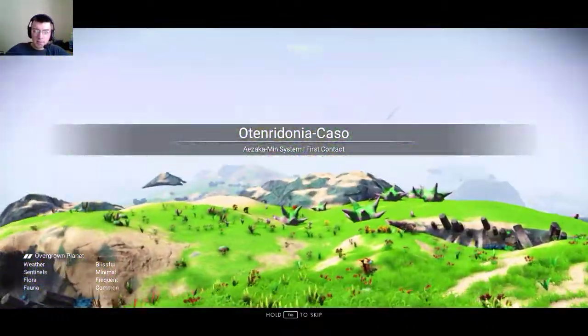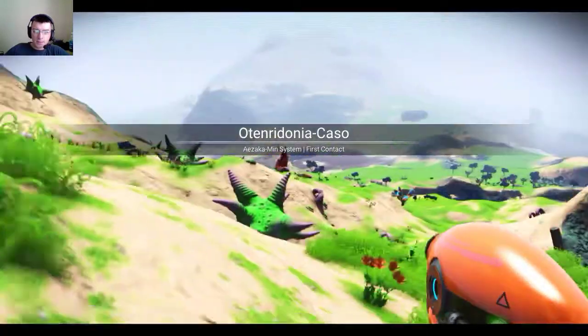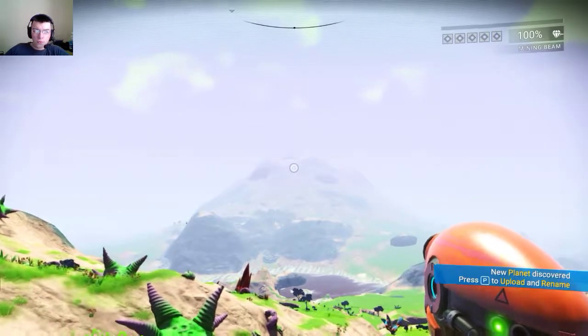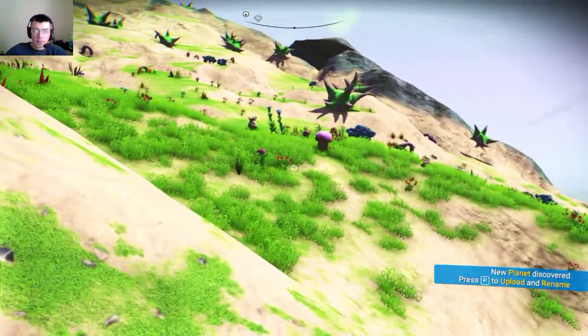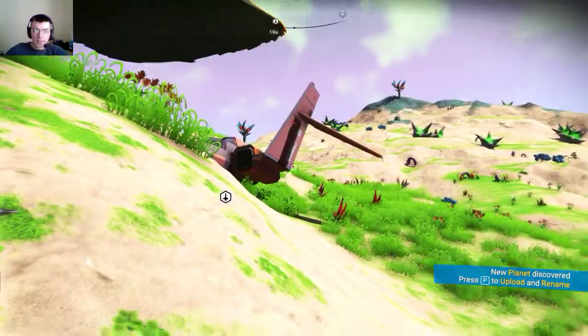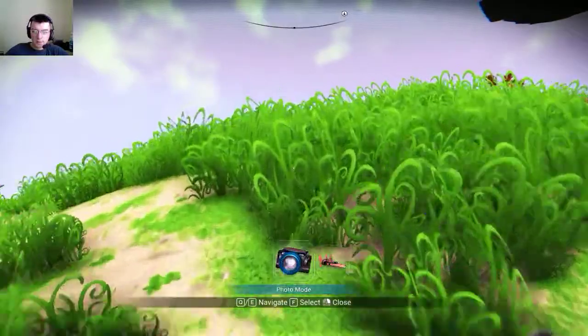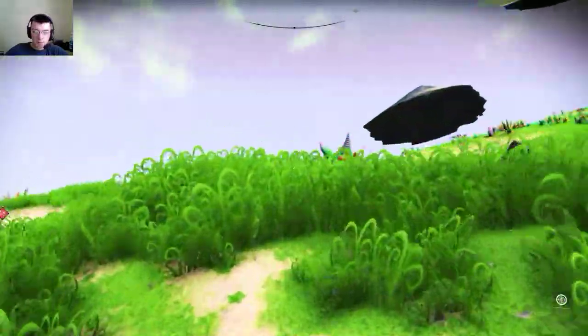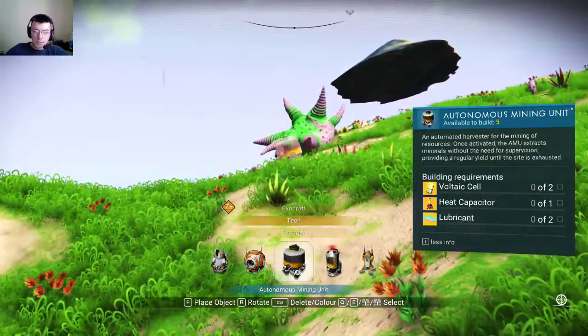This is not a bad place. Crazy floating disc islands. Anyway, ooh, it's a cool mountain. I guess I'll have to build the things before I can get vehicles. I should look for a base. That's what I should do. Let's make a... Nope, that's not it. There we go. Let's spawn a...